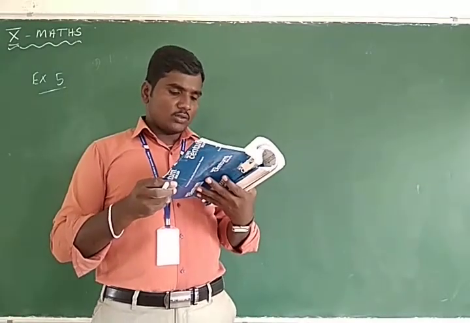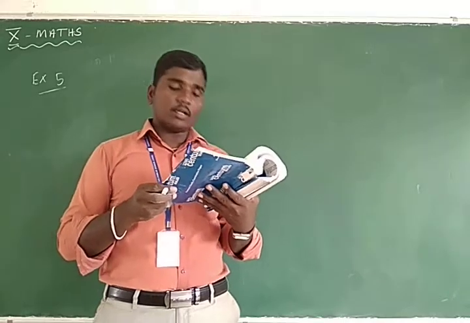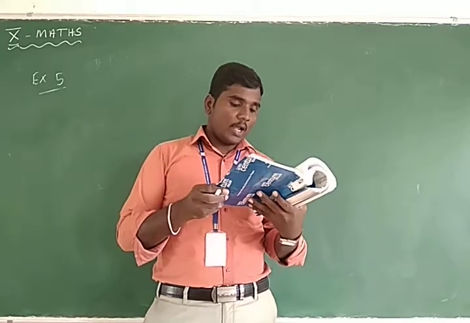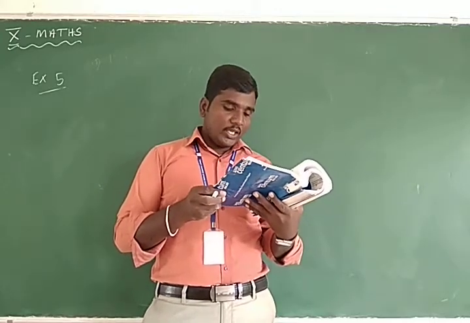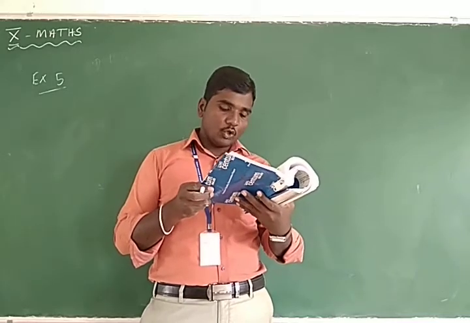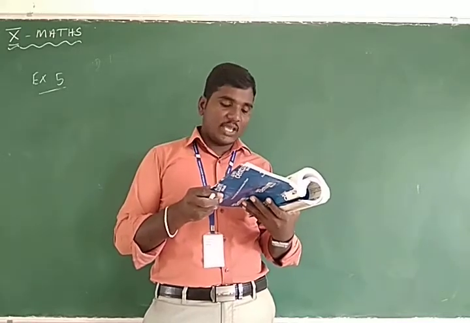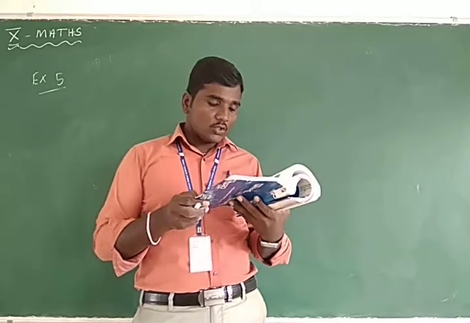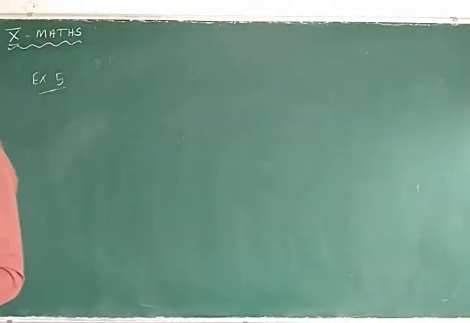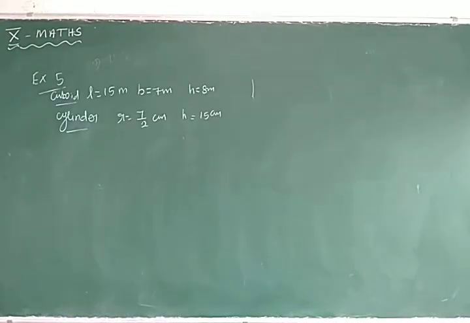Further, suppose the machinery in the shed occupies a total space of 300 meter cube, and there are 20 workers, each of whom occupies about 0.08 meter cube space on an average. So then, how much air is in the shed? First I will explain the diagram. Students, do you understand the question?